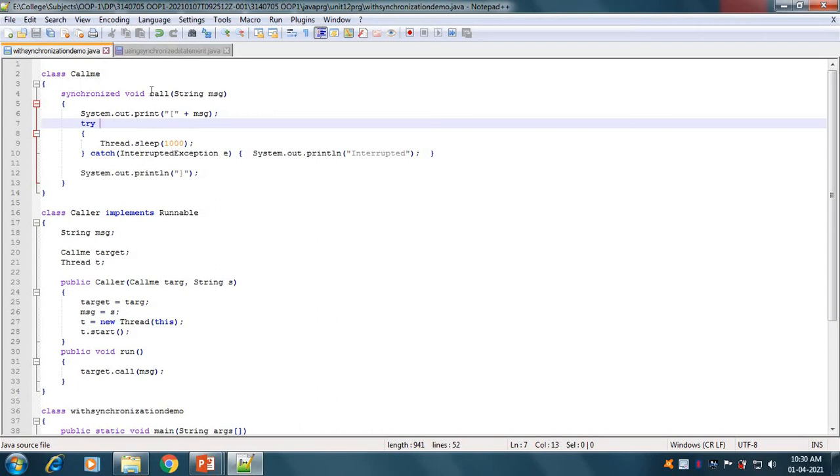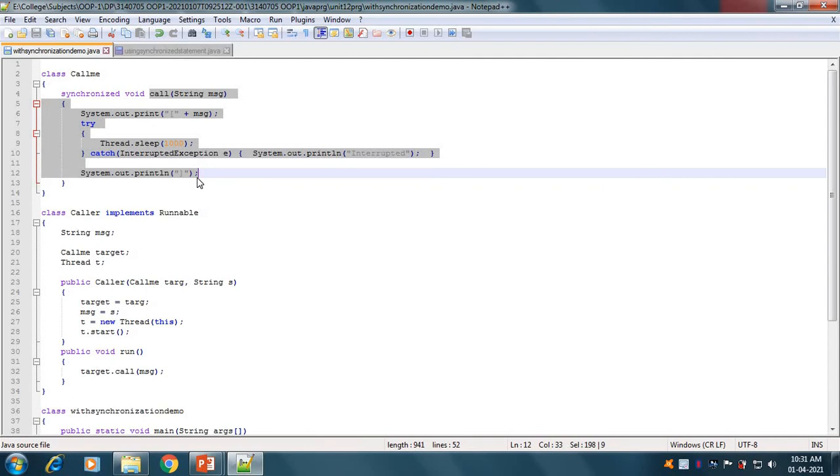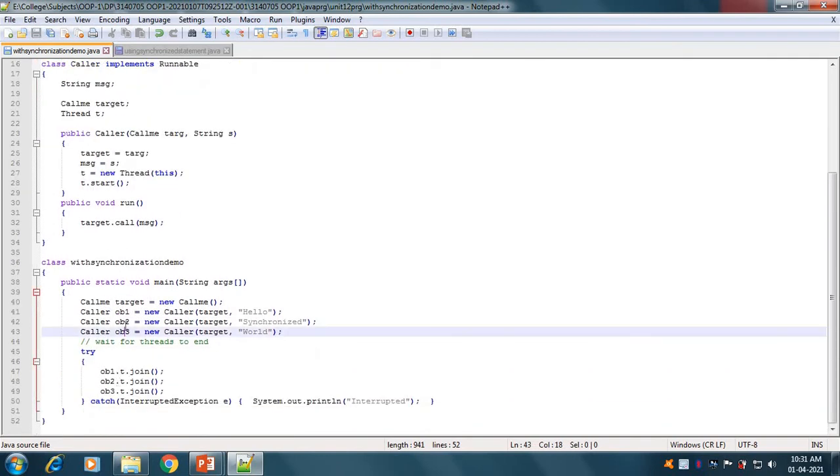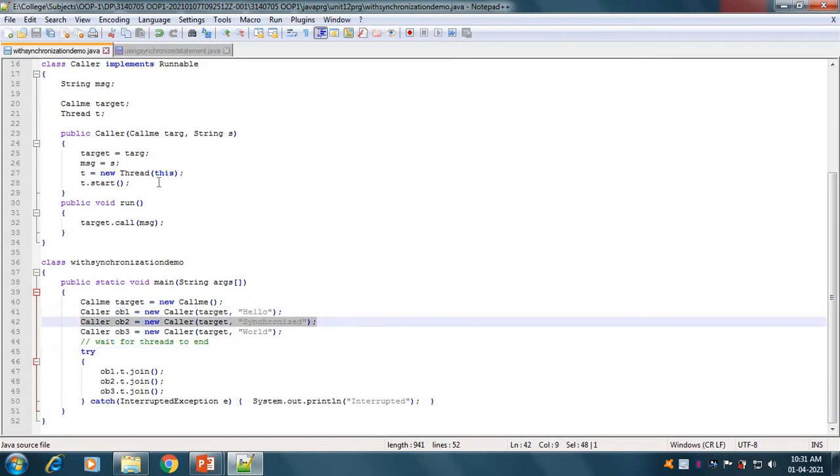Once this method call's execution is completed, the monitor will be available for the others. After calling this constructor, in the second statement our second constructor will be called.